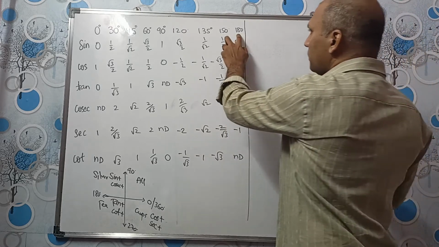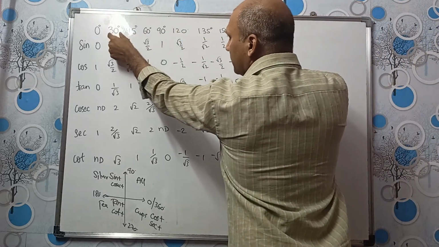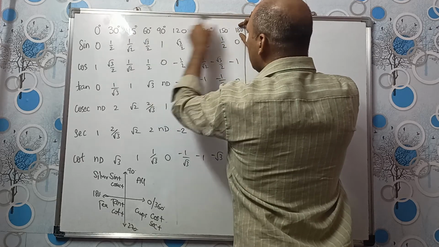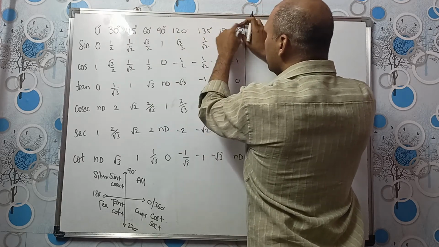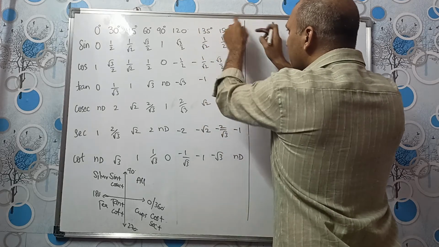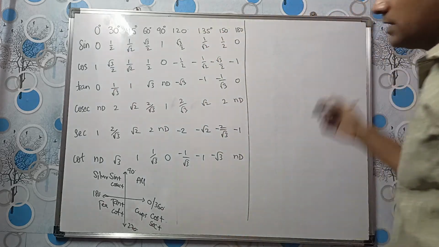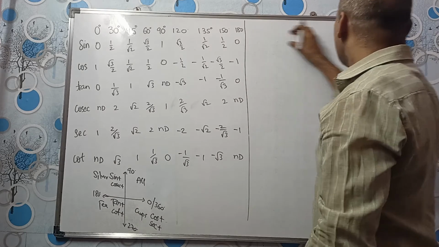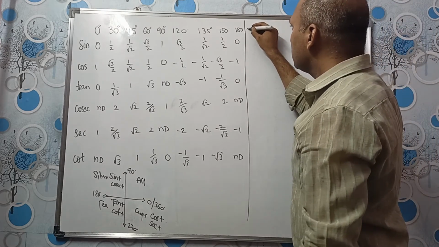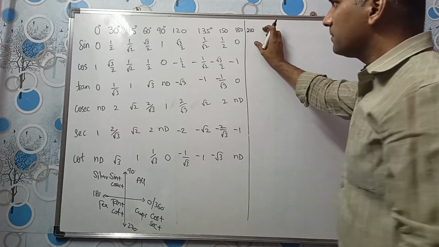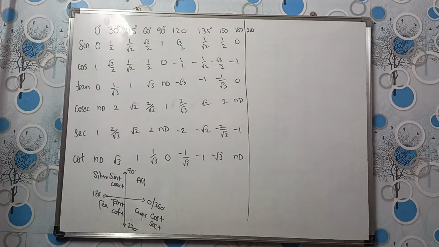Now see, if you add 180 and this angle, 180 plus 30, 180 plus 45, 180 plus 60, 180 plus 90, 180 plus 120, 180 plus 135, 180 plus 150, 180 plus 180, we'll get these values here. Let us write it. I hope the board will be enough. 180 plus 30, 210. I'll write very small. Let me just first check whether it is visible or not.